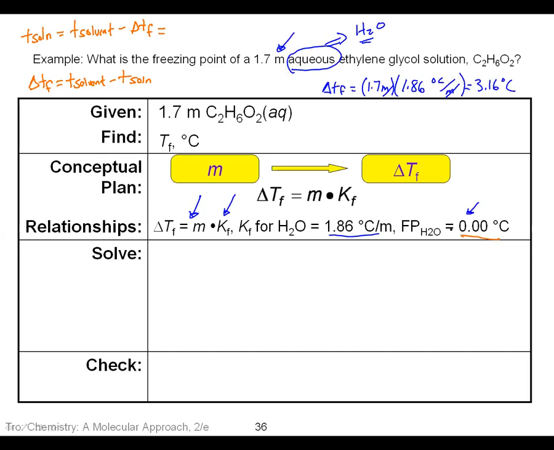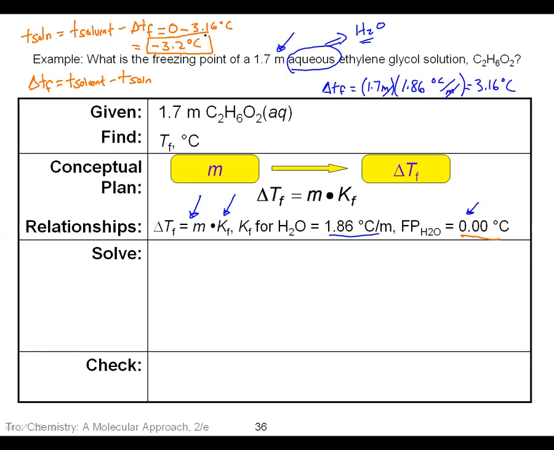So this is 0 minus the change in freezing point temperature, 3.16 degrees Celsius. That means this solution will freeze at a temperature of minus 3.2 degrees